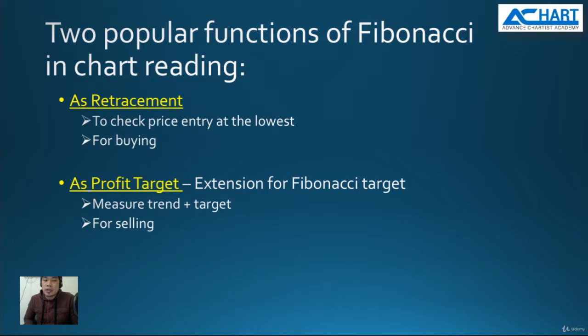We want to buy at the very low price, and we use Fibonacci to help us predict or assume at which level the retracement will occur. And if we see that a reversal candle appears and it coheres with our Fibonacci retracement, that is a very suitable time for us to buy. We are looking at buying at the retracement. Now remember, most people say that we have to buy on the breakout, but actually to buy at a very low risk, at a very low entry, we have to use Fibonacci to predict so that we can enter at the lowest price